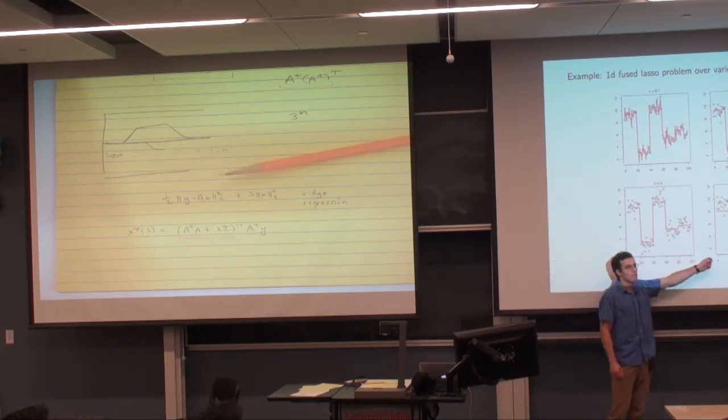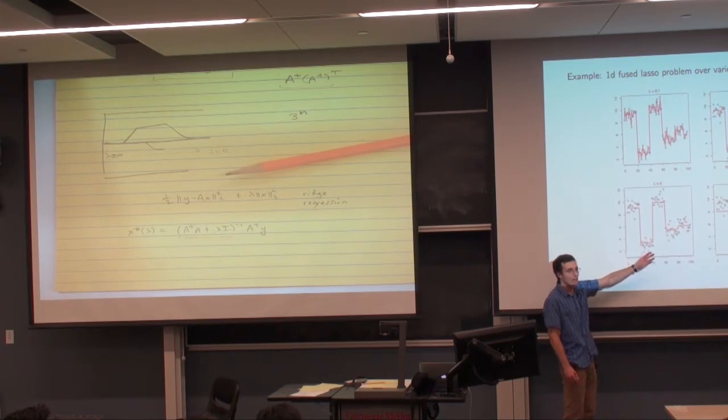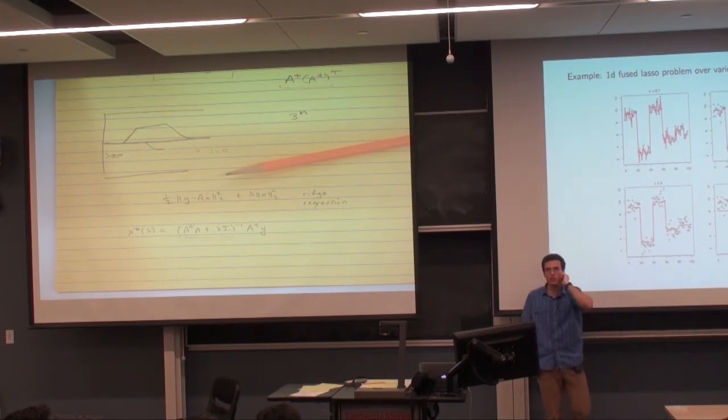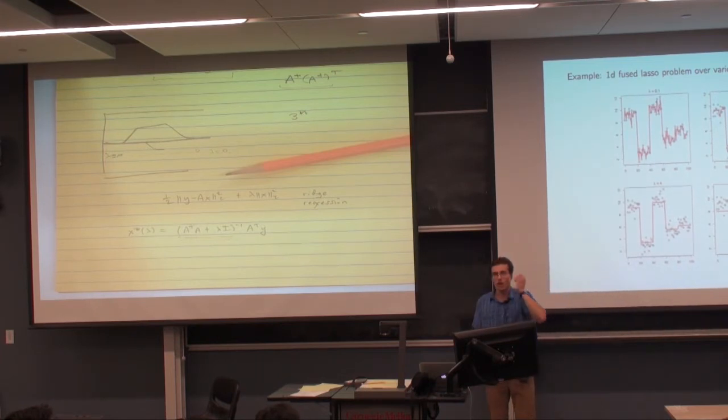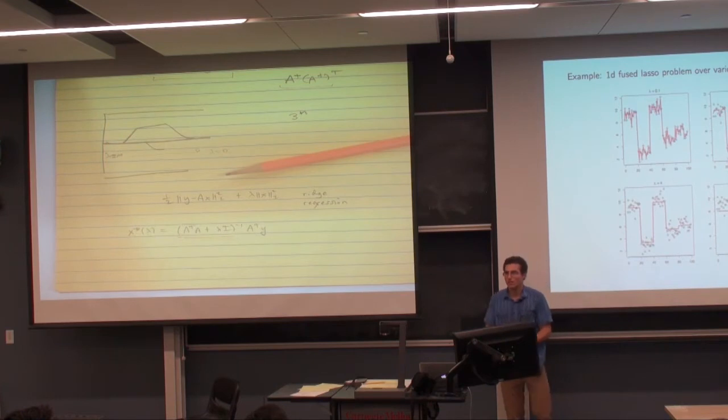For lambda too big, I'm missing the structure completely, or at least I'm doing very poor estimation. For lambda somewhere in the middle, I have a decent estimate of the underlying trend. So how did I choose this? I chose this by eye, and obviously that's not really possible in most applications, or it's not a very principled